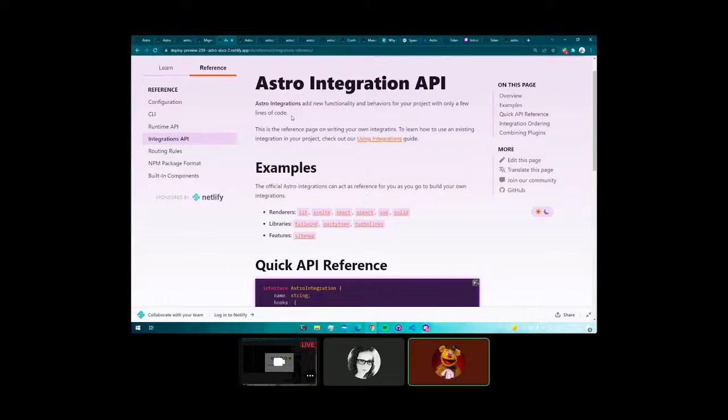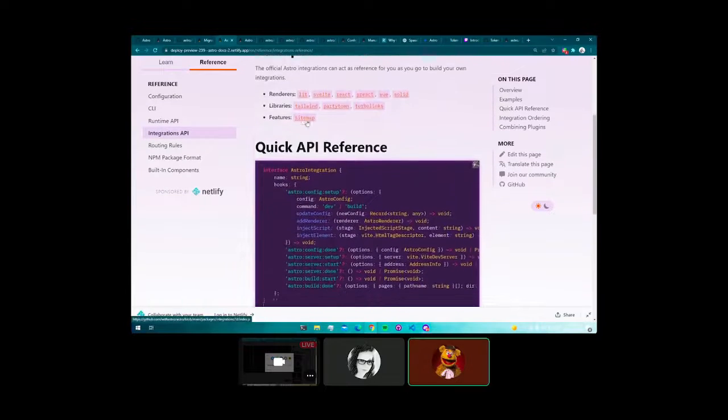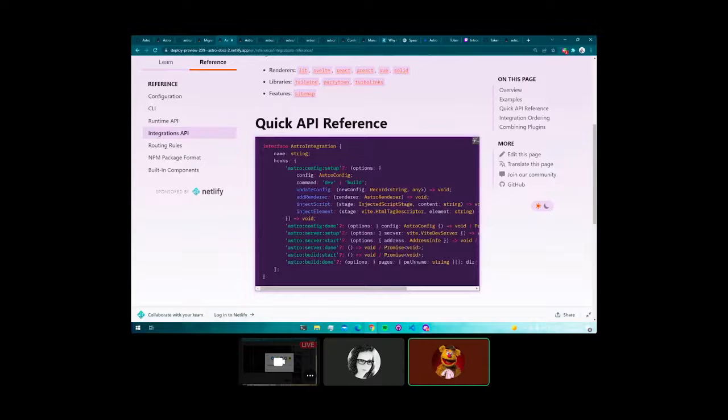Sorry, the request for features call, which happens weekly in Astro. Now, this is the integrations API. As I said, this was discussed heavily. A pet project by Fred, and I have to say,